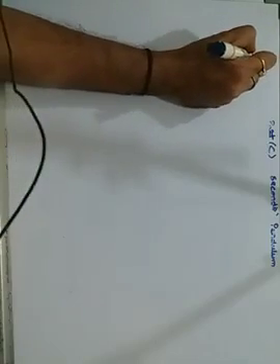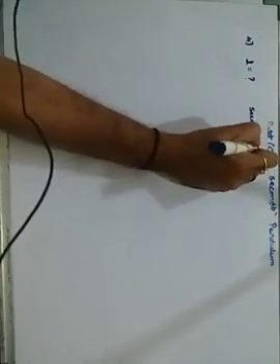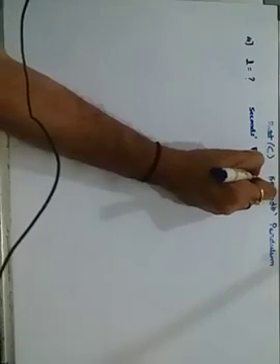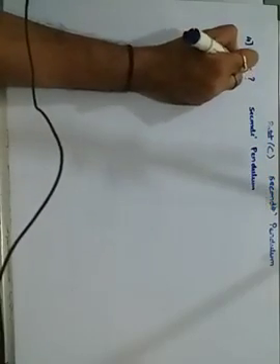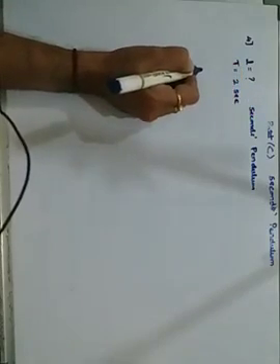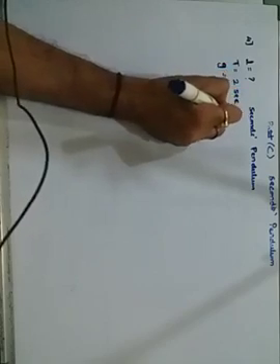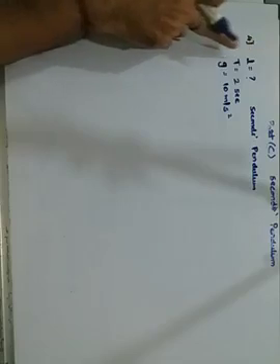Okay. The fourth question says find the length. We want the length of the seconds pendulum. It is a seconds pendulum, which means the value of T will be 2 seconds at a place where g is given as 10 meters per second square. Now it is a problem related to time interval, length and gravity.